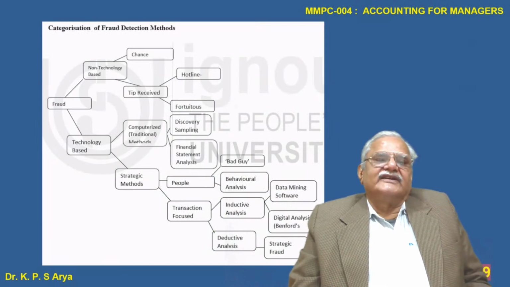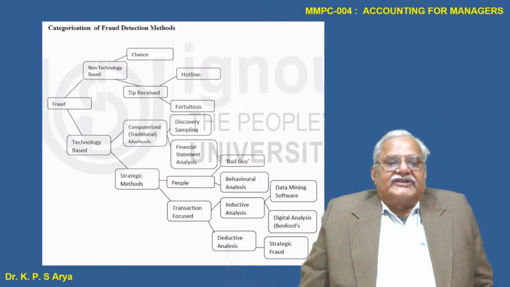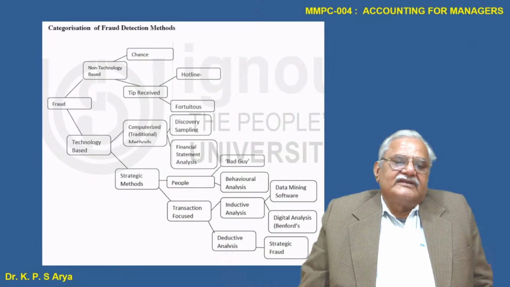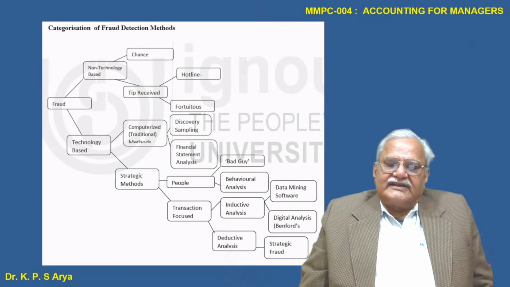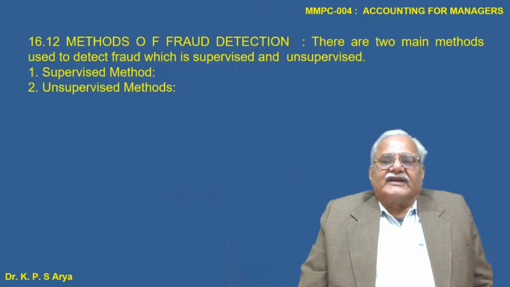This is the categorization of fraud detection methods. Now, the fraud non-technology based: chance, tip received, hotline, or fortuitous. Then fraud technology based: computerized traditional methods, discovery sampling, financial statement analysis. Another is the strategic method: pupil, bad guy, behavioral analysis, transaction focused, inductive analysis, deductive analysis, data mining software, digital analysis, Benford, strategic fraud. Then methods of fraud detection: there are two main methods used to detect fraud, which are supervised